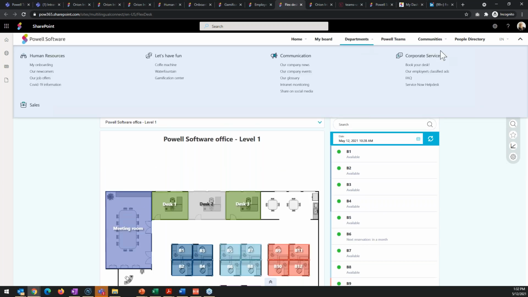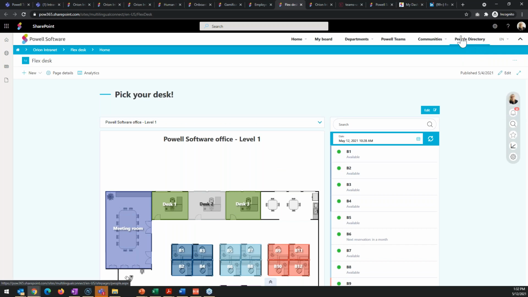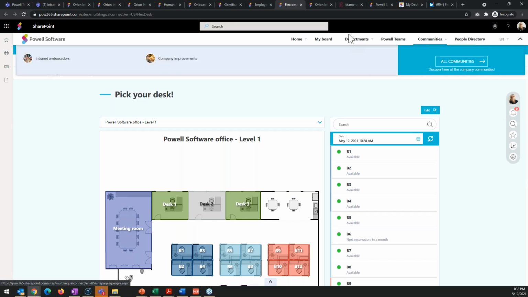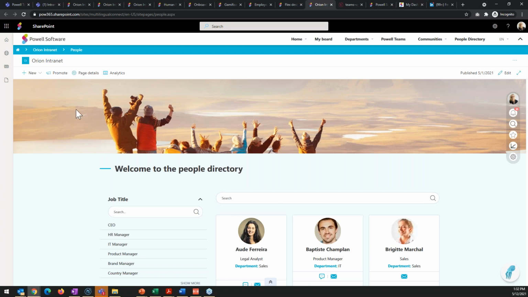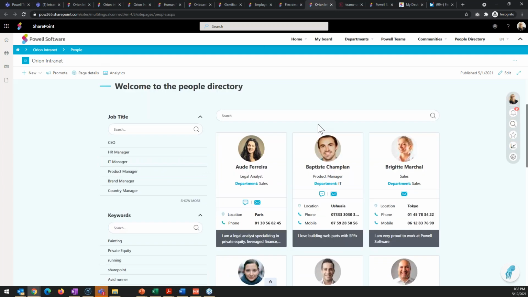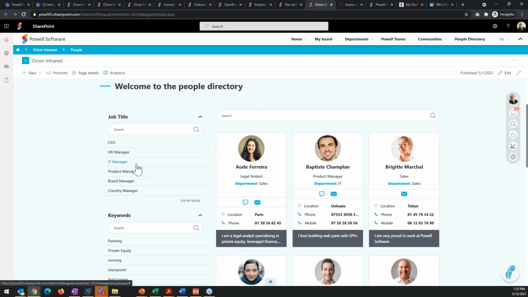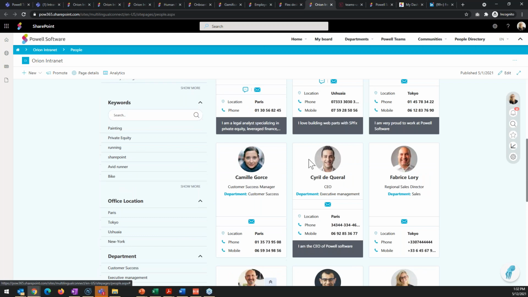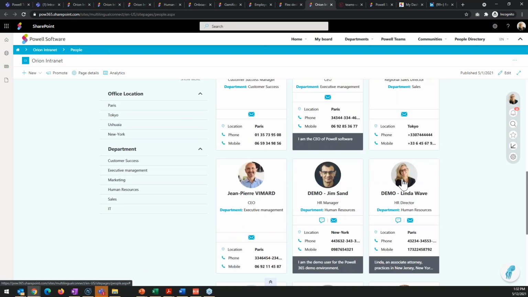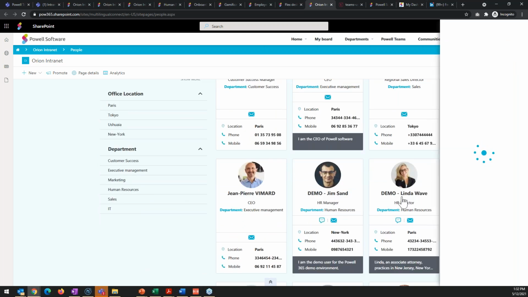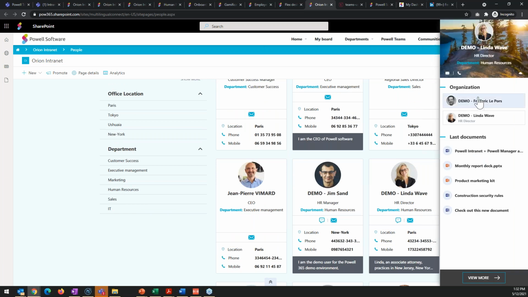The very last thing I'd like to show you here is the people directory, which is always a requirement in an intranet project. So here we have a nice people directory leveraging the Azure Active Directory, where you can easily build a people directory, with refiners on the left-hand side, based on the information available in the user profile. Now, if I click on Linda here, for example, you get a nice ID card of your user with contact information, an org chart, and recent documents based on permissions again.